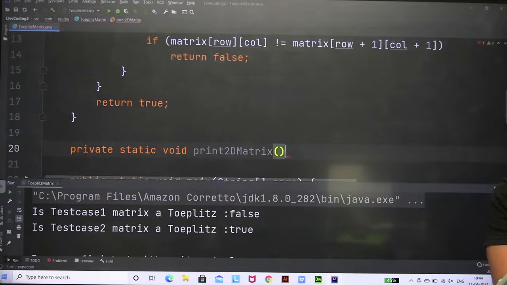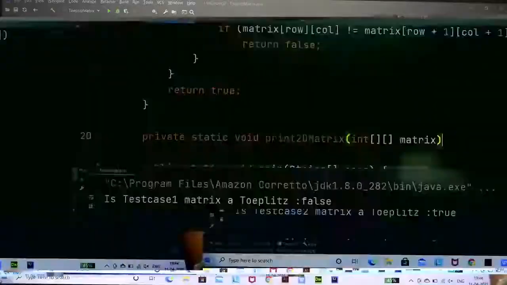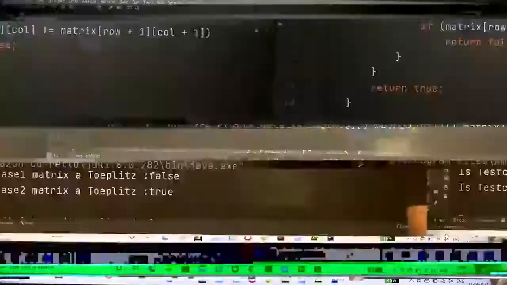Inside the parentheses I'm going to write matrix. This method is going to get a matrix, and it is simply going to print it. So what is it going to print? It is going to print for SOUT system dot. So it is going to print the